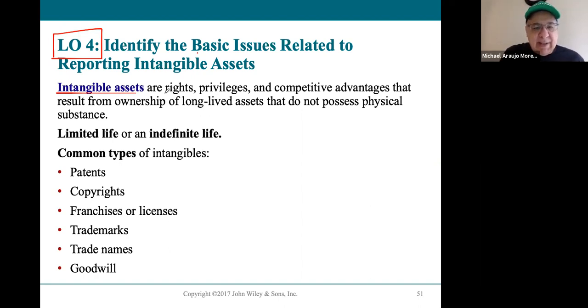Okay. So intangible assets are rights and privileges and other advantages that can be proven as ownership. Because it's an ownership, it's an asset. What are the common types of intangible assets? Well, like I mentioned to you, patents are really critical. A patent basically is a government recognition of ownership of an invention. That invention can be something like a vaccine, like a COVID vaccine,